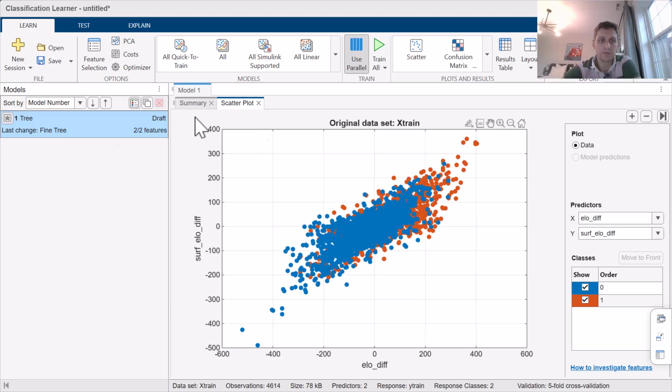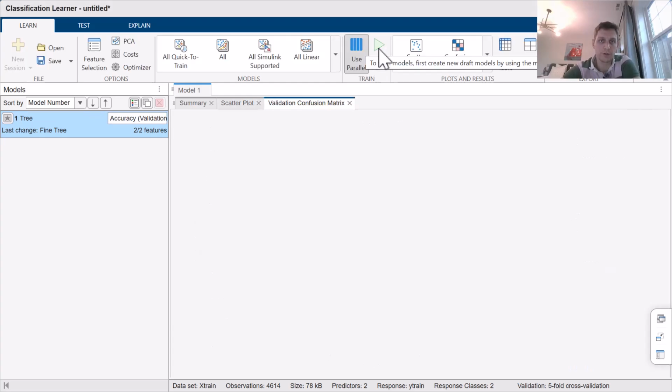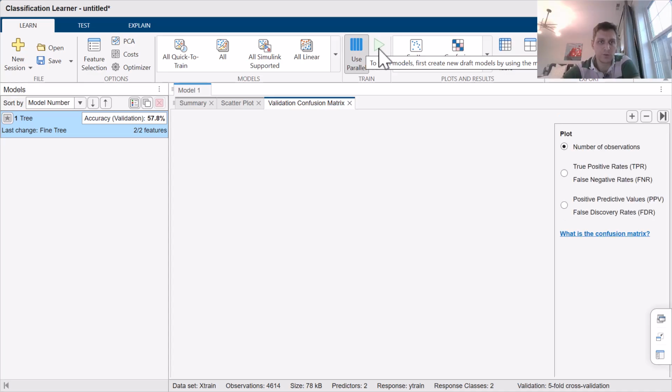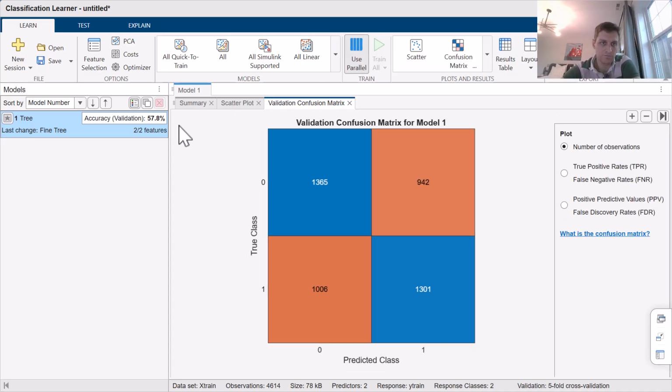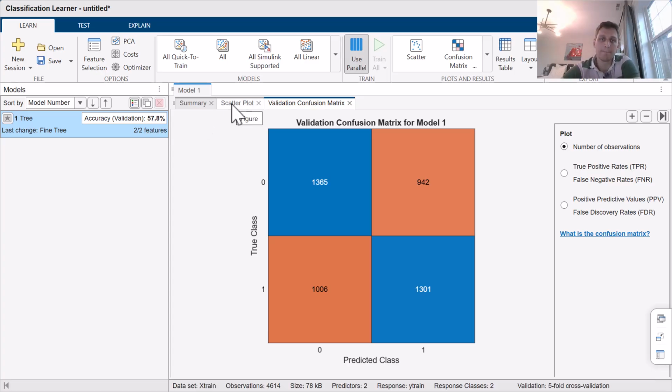What we'll do is use a fine tree here and simply train it, but we'll also use other models. So let's see what the default model is giving us. It's almost 58%. And you can see here the confusion matrix, showing what has been correctly classified on the diagonal and what has been misclassified off the diagonal.